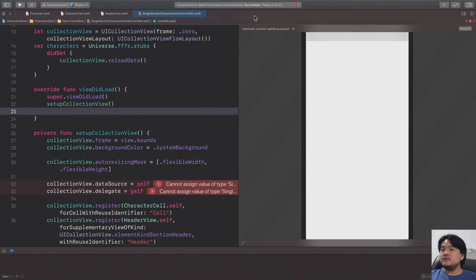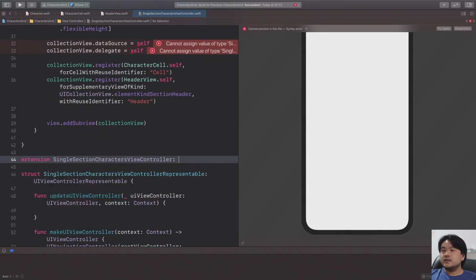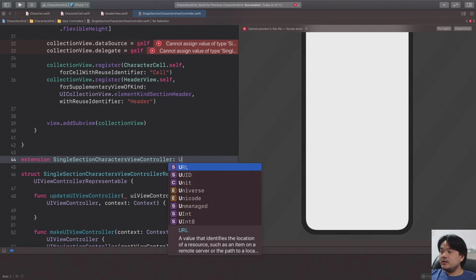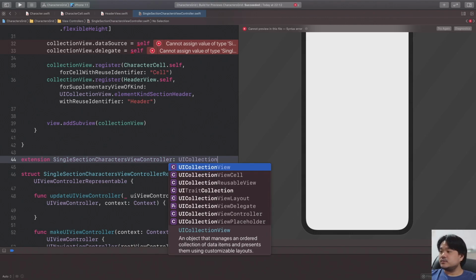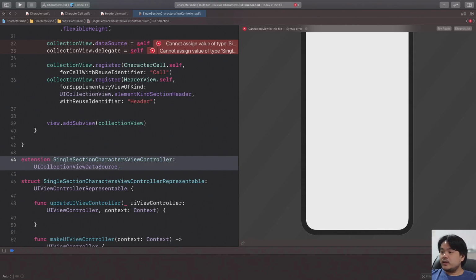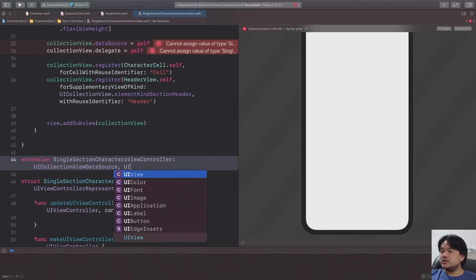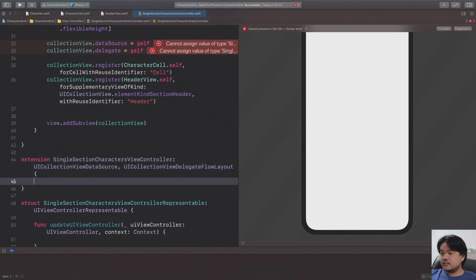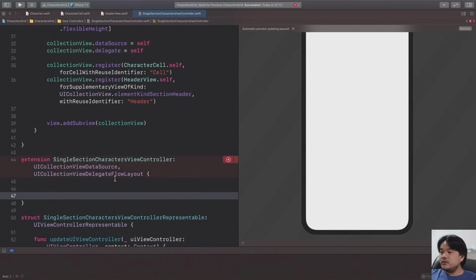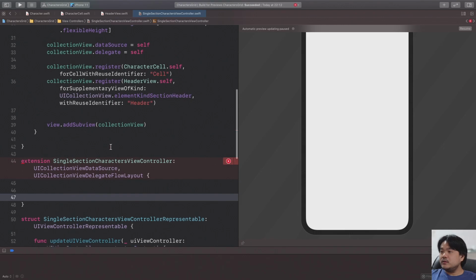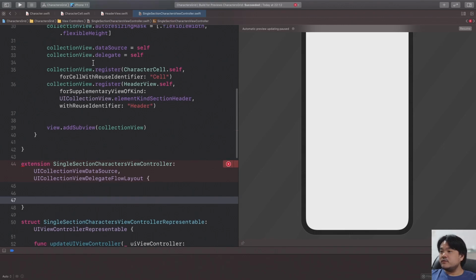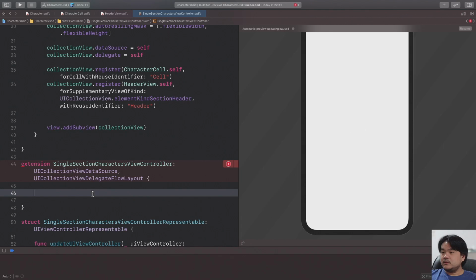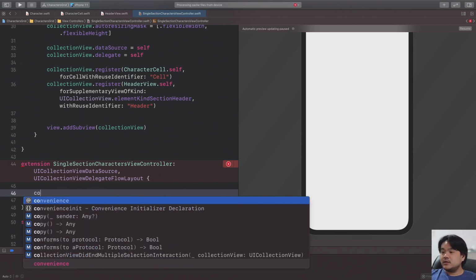Declare an extension for the SingleSectionCharactersViewController. Let's conform to the UICollectionViewDataSource protocol, as well as the UICollectionViewDelegateFlowLayout. By conforming to UICollectionViewDelegateFlowLayout, we also conform to UICollectionViewDelegate. Now let's implement the required methods. First is collectionView